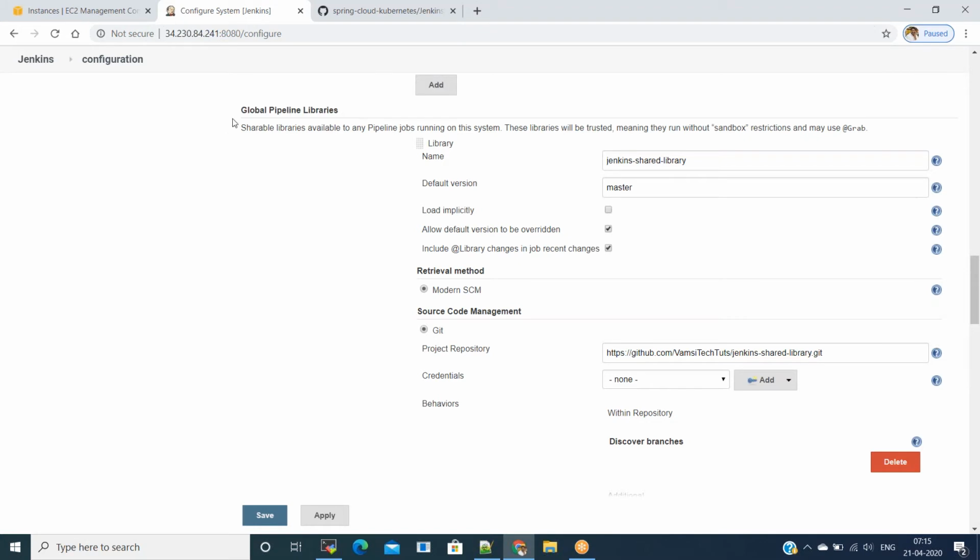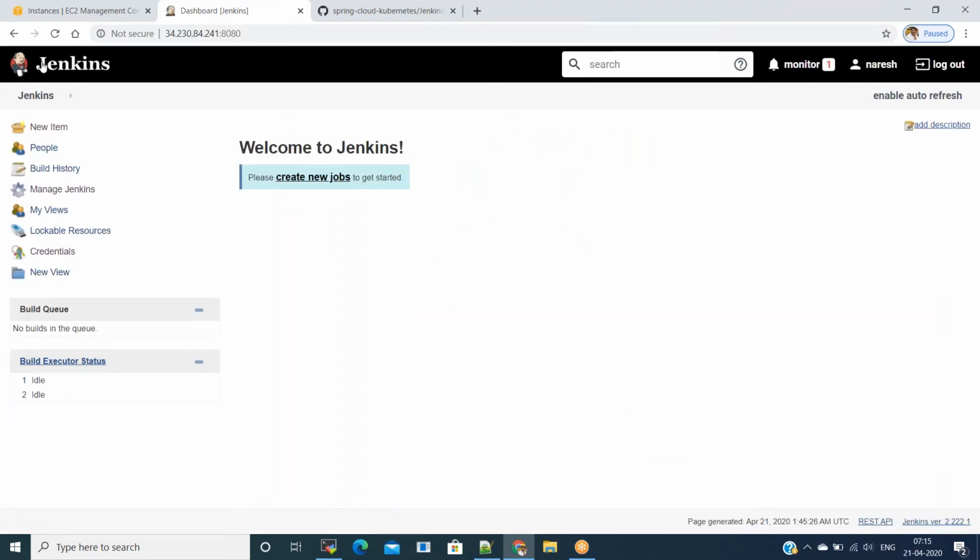In the pipeline library you need to mention what is your library, basically Jenkins shared library, what is the default branch, master branch, and where that is located. It is located under my GitHub repository. Just make sure whether you have this already set or not. Once this is set, you can start creating the CI/CD pipeline.